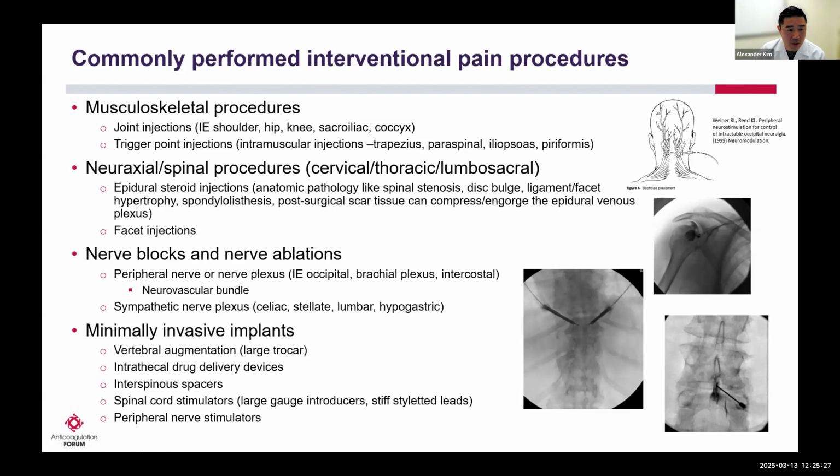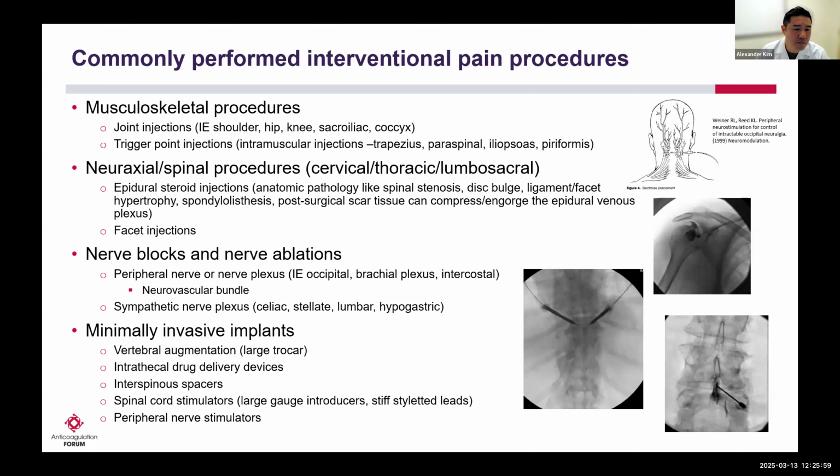And probably what most people associate pain providers with are the neuraxial or the spinal procedures, and they can be in any part of the spine, all the way from cervical down to the lumbosacral. So we do lots of epidural steroid injections, and some of the pathology that might bring patients to us for consideration of this are things like spinal stenosis or hypertrophy of different spinal components. And these things can sometimes combine to compress and engorge the epidural venous plexus,